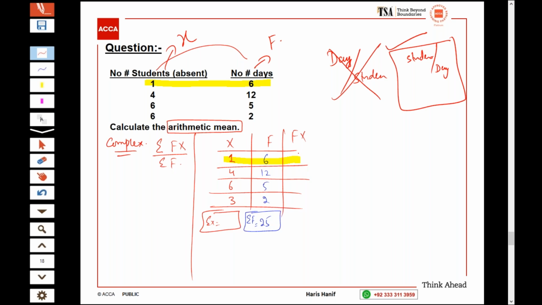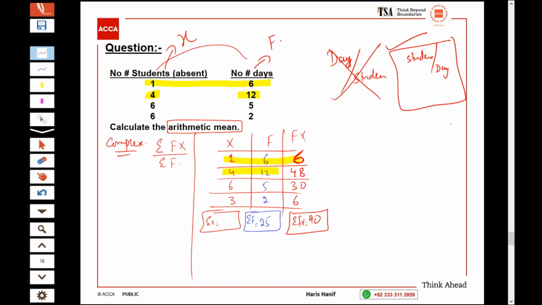So that means six. Monday, Tuesday, Wednesday, Thursday, Friday, Saturday. There are 6 days, and one student was absent in every class. Sometimes Mr. A, sometimes Mr. B. Forget that. Now next, in 12 days, four students were absent. So that means a total 45, 48, and here total 30, and here total 6. Now that is summation of fx. That is total 6, 48, 30 and 6,